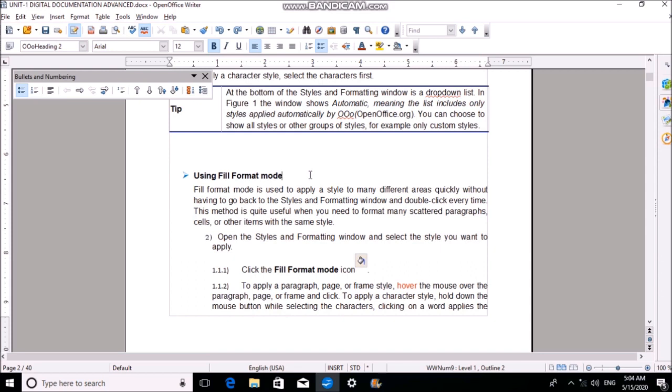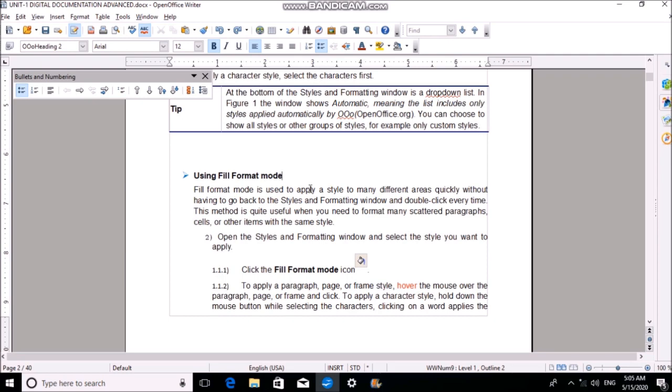Suppose you want to write huge content, and you have a number of paragraphs in there, and you want to make 3 paragraphs one style and another 3 paragraphs another style, using different styling techniques for different paragraphs. So you do not need to do anything else; the fill format option is suitable enough to map all the styling and formatting.